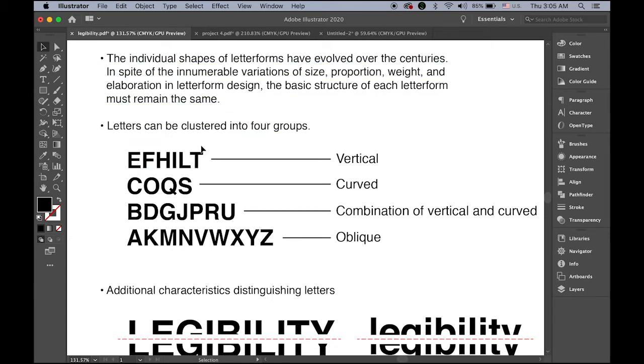So these 5 letters have the vertical structure. These 4 curved. These 7 letters a combination of vertical and curved. And this last one oblique, meaning there are a lot of angles. So before you choose your 2 letter forms, you may refer to this,